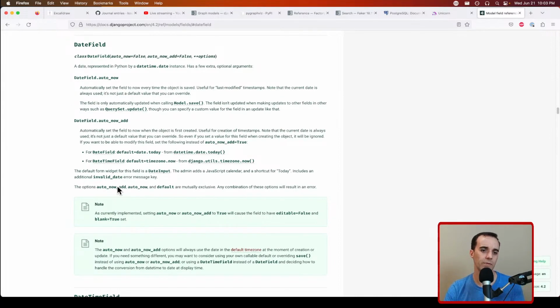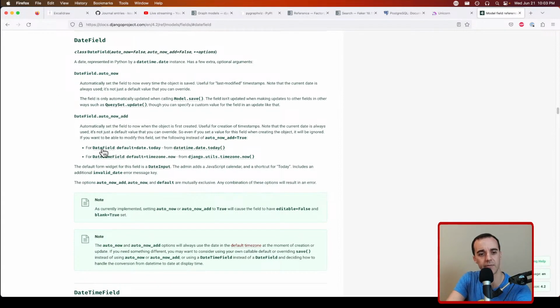So we've got options here. Auto now: automatically set the field to now every time the object is saved. Well, that's not what we want. Auto now add: automatically set the field to now when the object is first created. This is kind of what we want. For date field, it defaults to date.today from datetime date today. Maybe that's